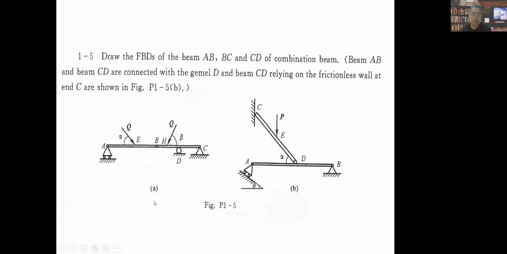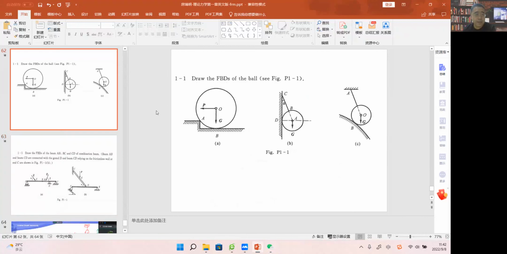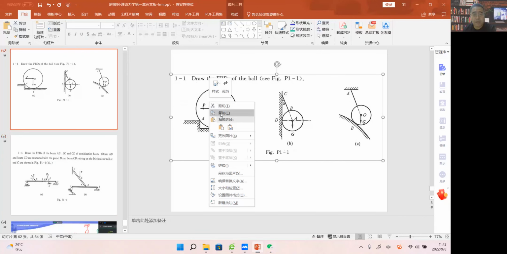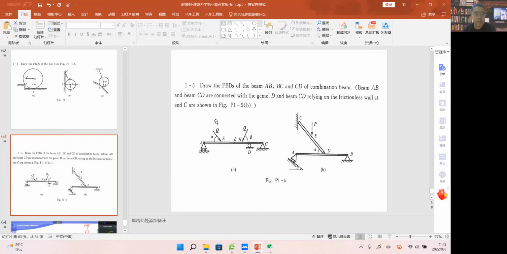That's our homework today. Actually, maybe I can just paste it on our WeChat group. Also, you can find it from our textbook. I will show you later. So this one,